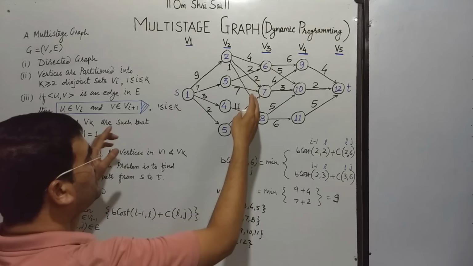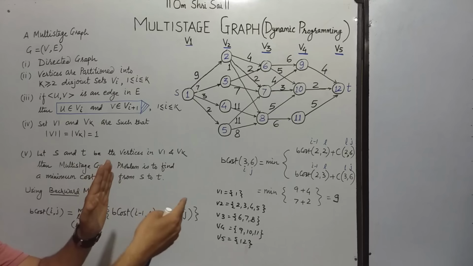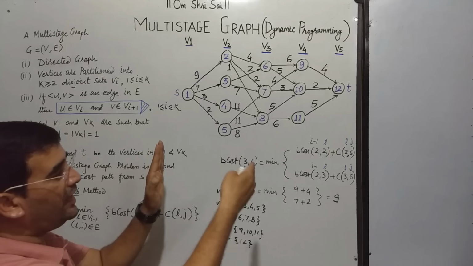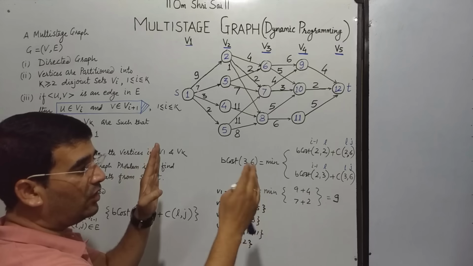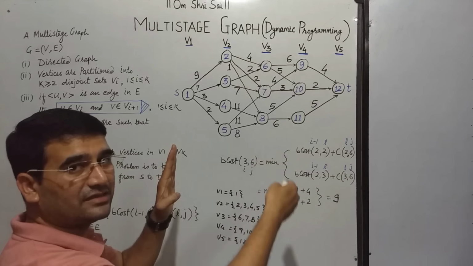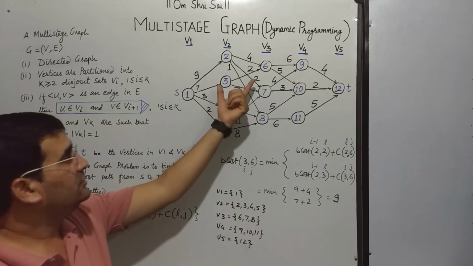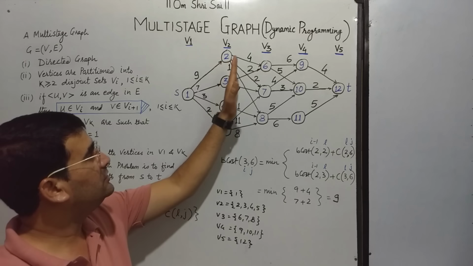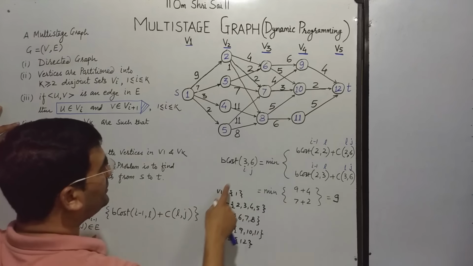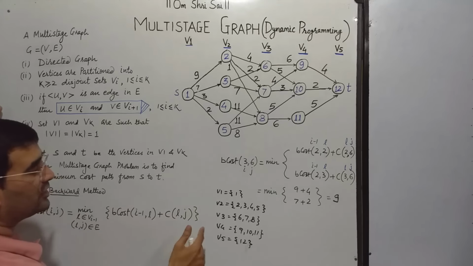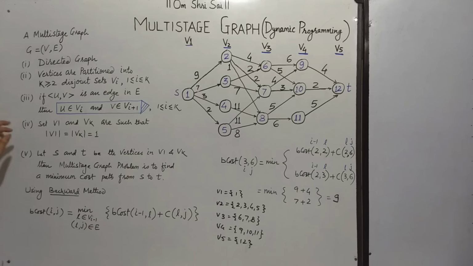Next stage means एज जो फॉर्म होगी, उसका एक वर्टेक्स previous set का होगा, और जो next vertex होगा वो next set का होगा. That will be the edge. So here let's say this is an edge, so this to this. Now the important property, that is the fourth one, कि पहले स्टेज और लास्ट स्टेज पर जो नंबर ऑफ वर्टाइसेस होंगे वो कितने होंगे? सिर्फ एक होंगे. So the count of V1 and Vk will be 1.